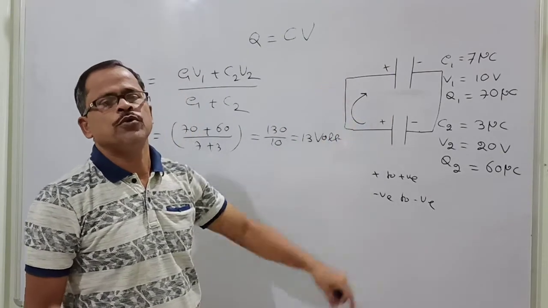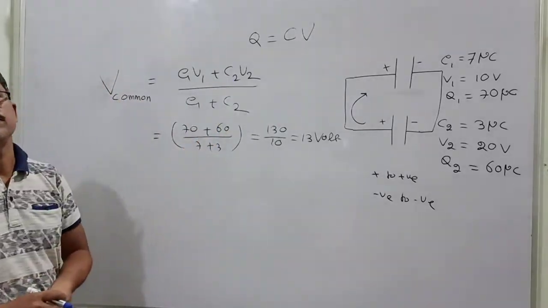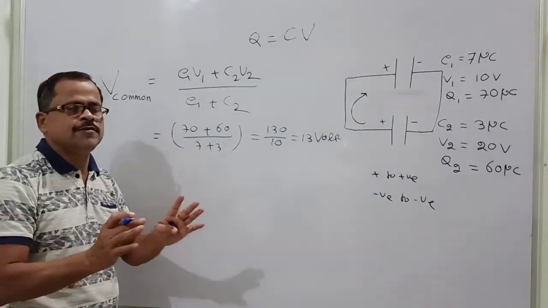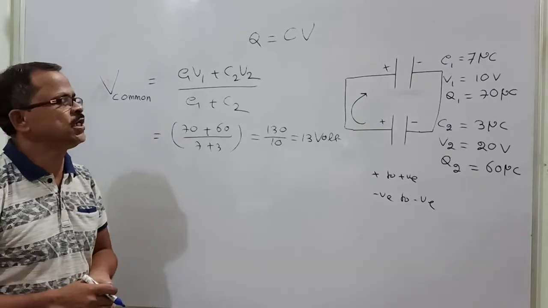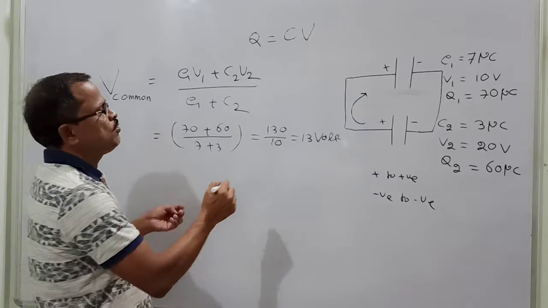Then there will be no further flow of the charges. So this formula will be used to solve the problem. What is the logic? That is a different thing. There may be a different class to explain why this is coming like this. Okay. Now after getting this, come to the case here.